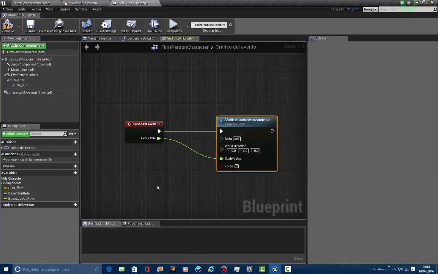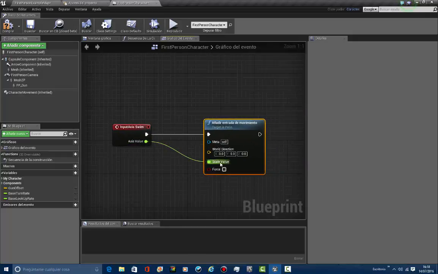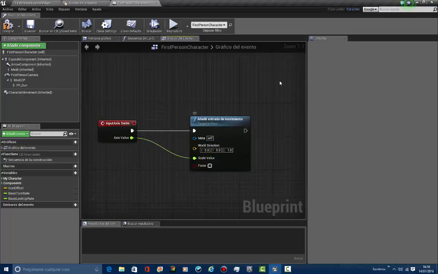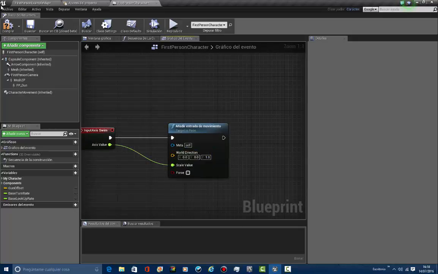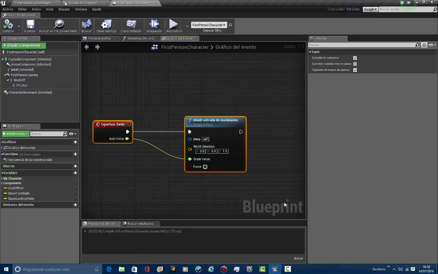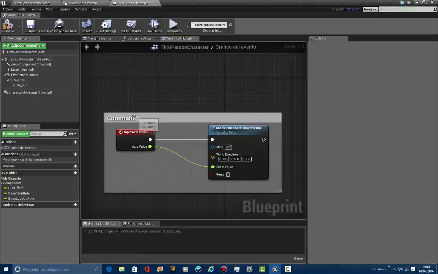So we got this movement input right here. Axis value goes to scale value, so depending on which one it will be 1 or -1. And for the scale, we type in 1, which means it sets the value that's going to be modifying. So we compile, we take this, we have a comment, and this one is gonna be the comment